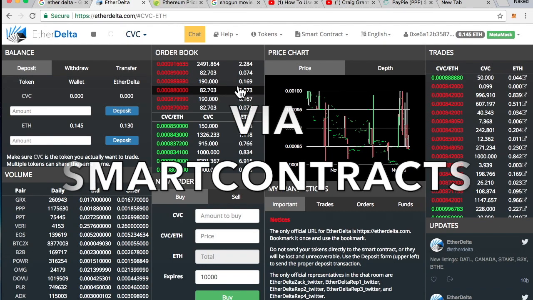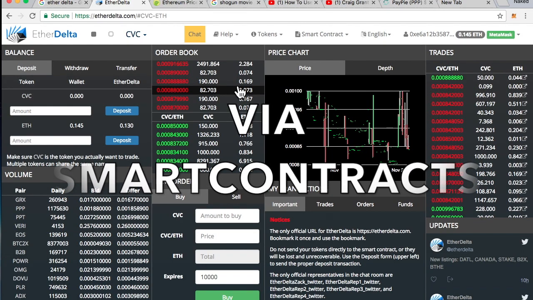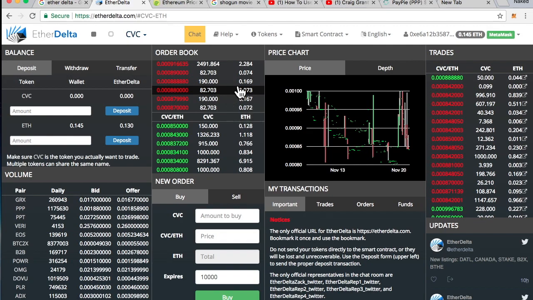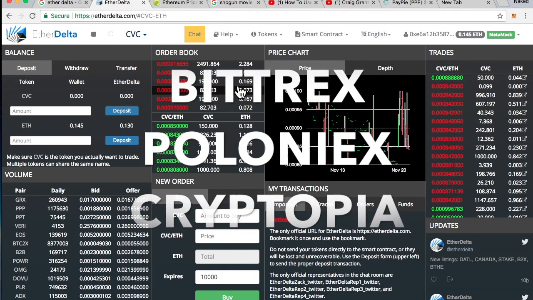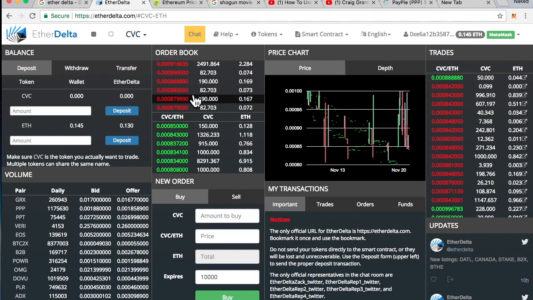You will be trading directly with an individual somewhere on the planet who is connected to EtherDelta, and you're doing the trade peer to peer, person to person, as opposed to going through an exchange like Bittrex, Poloniex, Cryptopia, etc. These are a little bit more involved, but once you get the hang of it, you really appreciate the concept